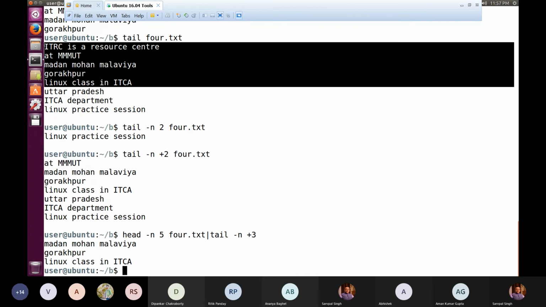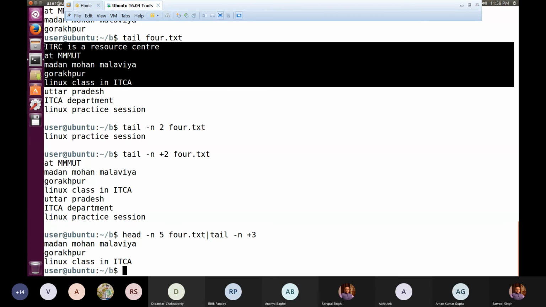to select a particular range of lines from a file which has a total of 50 lines. So there you have to execute both the commands in combination. So logically you have to combine them. And since I was interested to display only line numbers 3, 4 and 5, in a standalone way head cannot be used for making this selection.